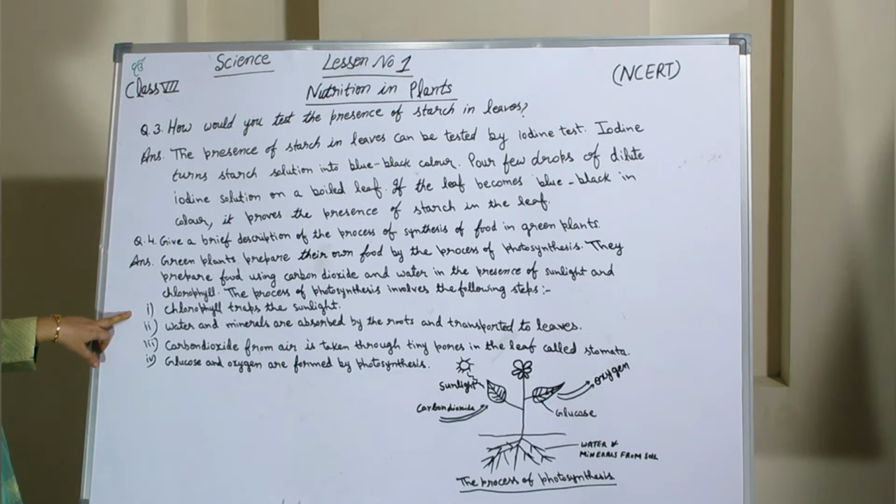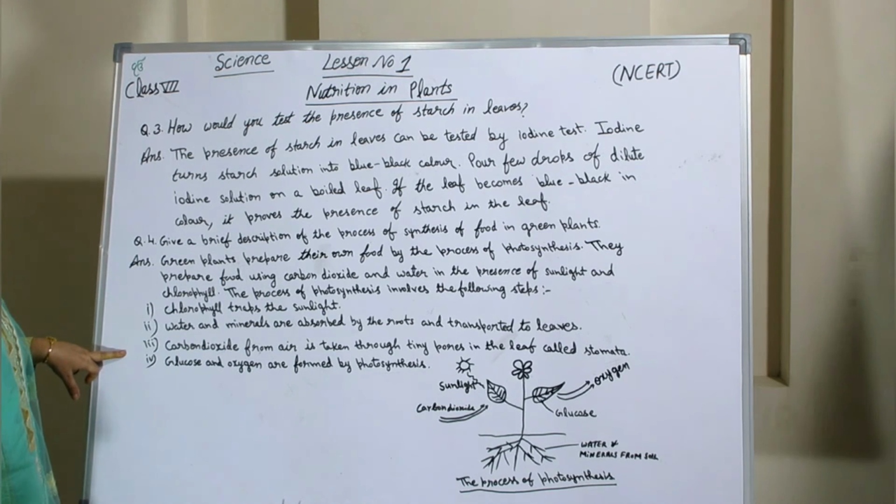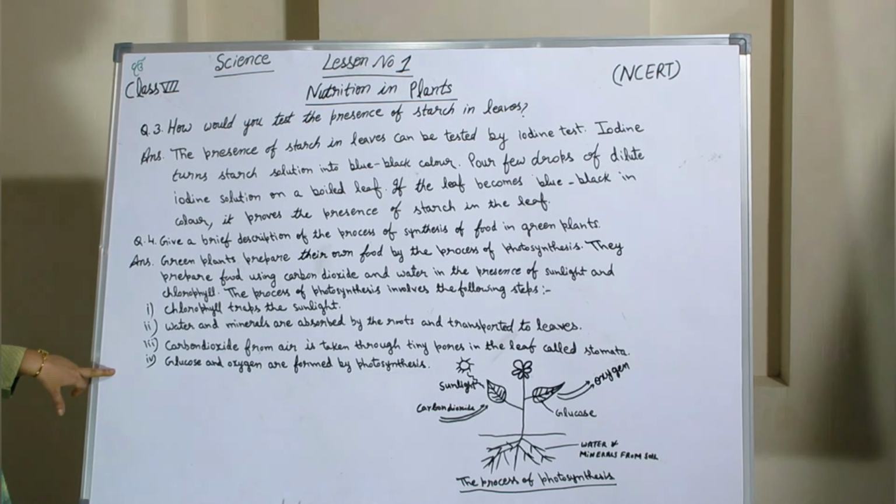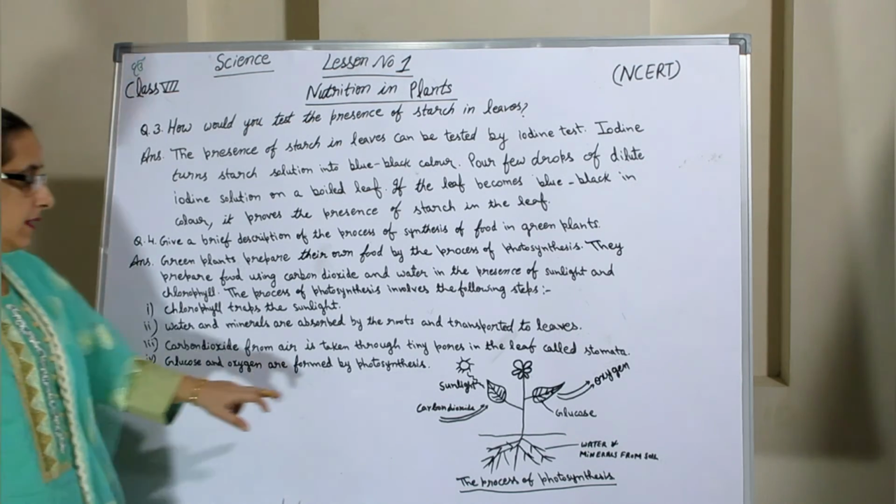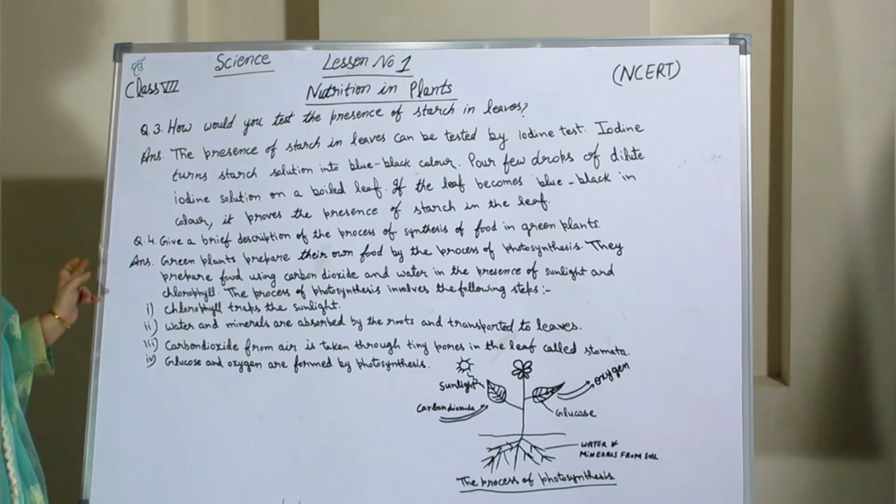First, chlorophyll traps the sunlight. Second, water and minerals are absorbed by the roots and transported to leaves. Third, carbon dioxide from air is taken through tiny pores in the leaf called stomata. Fourth, glucose and oxygen are formed by photosynthesis. ये है इसकी डायग्राम। अभी आप इस क्वेश्चन को नोट कर लीजिए।